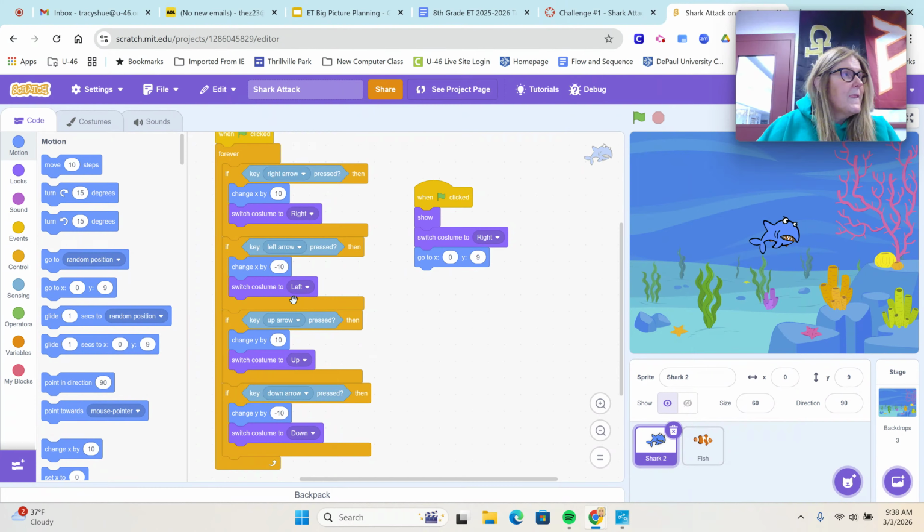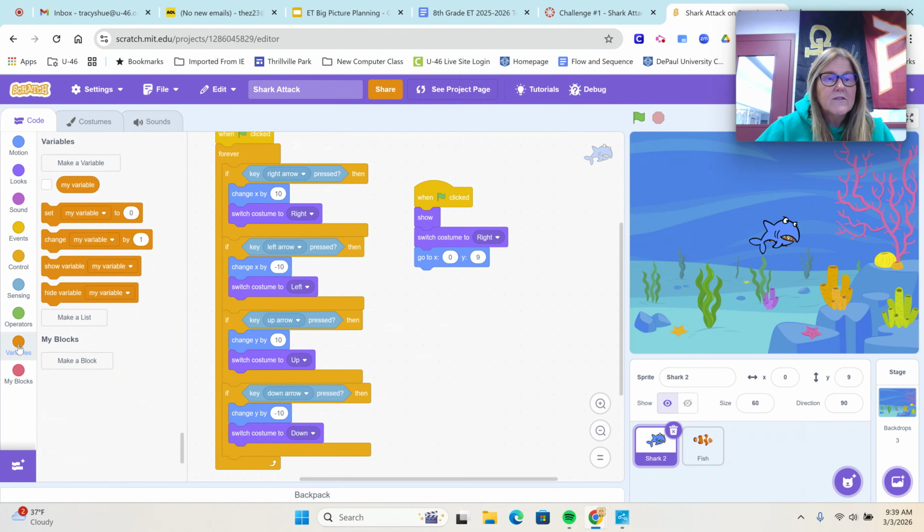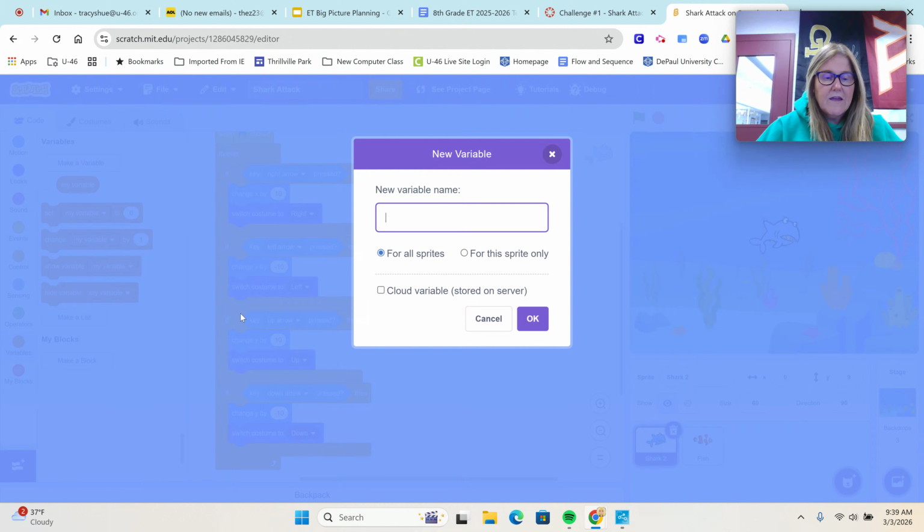And then we need a scoreboard so that we earn a point every time we catch a fish. As of right now, there are no blocks that have the word score on them, so we need to create a block that says score. So I'm going to look down here and find the dark orange category that says variables. At the top of this section there's a white rectangle that says make a variable. Go ahead and click on that, and I want you to type the word score, leave it for all sprites,